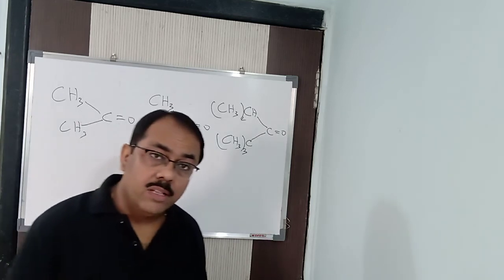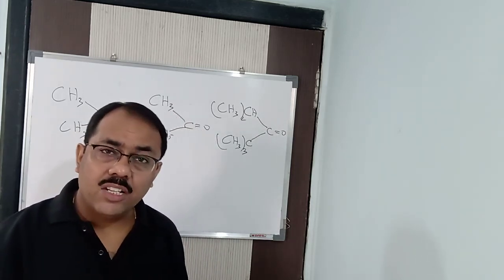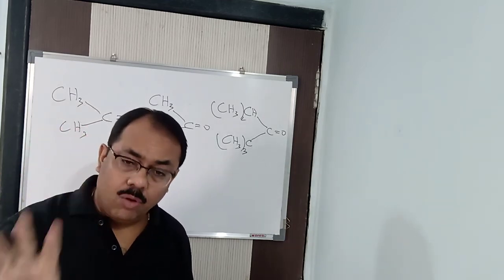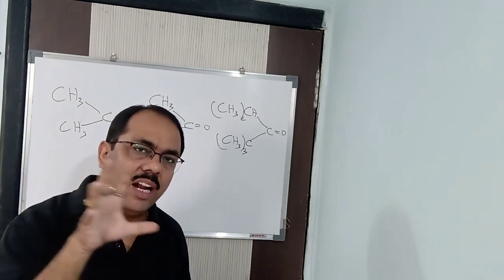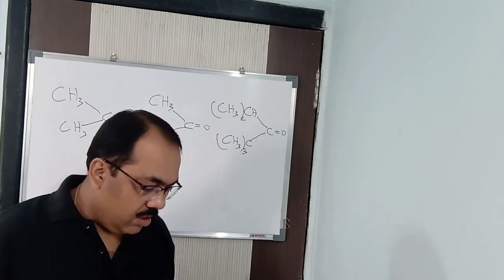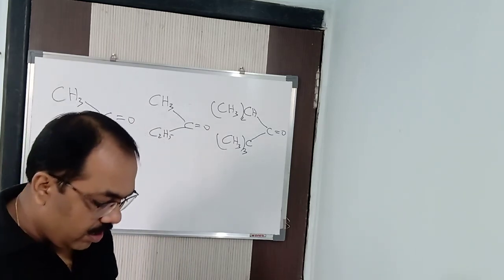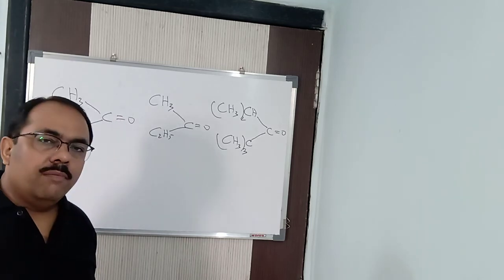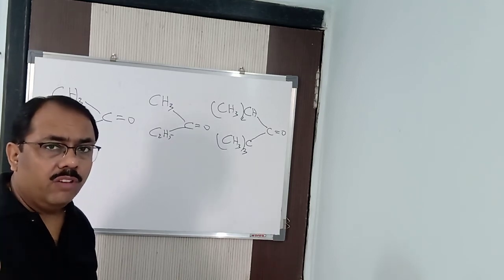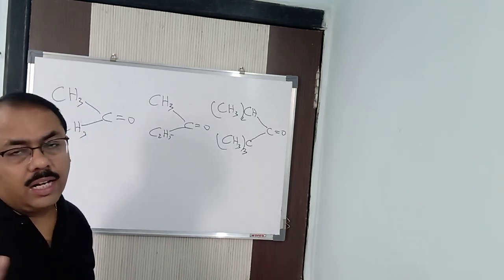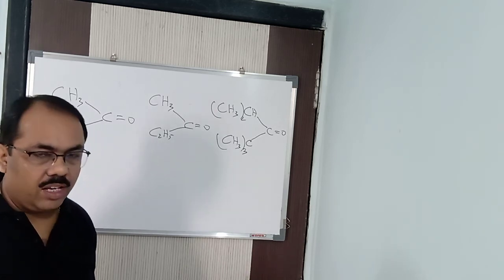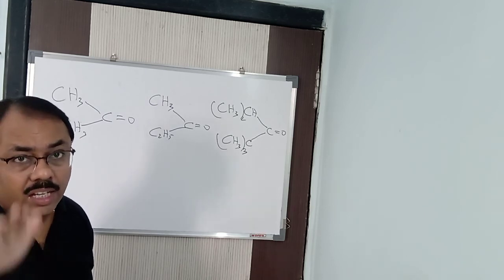So repulsion takes place between the two alkyl groups attached to the carbonyl carbon, and it will not allow the nucleophile to readily attack the carbonyl carbon. This is known as steric hindrance, also called the steric effect. So the bigger the alkyl group attached to the carbonyl carbon, the more difficult it is for the nucleophile to attack the carbonyl carbon, due to steric hindrance. In simple words, as the steric hindrance increases, reactivity decreases.